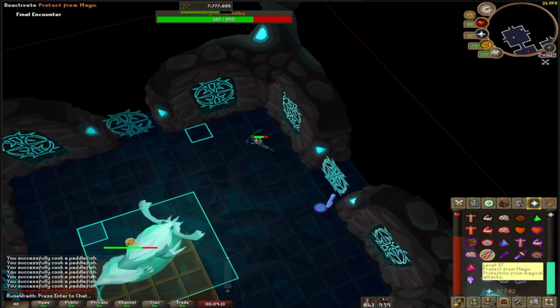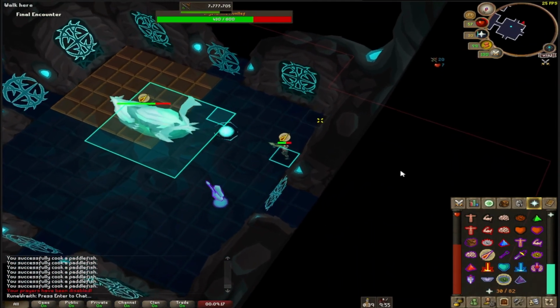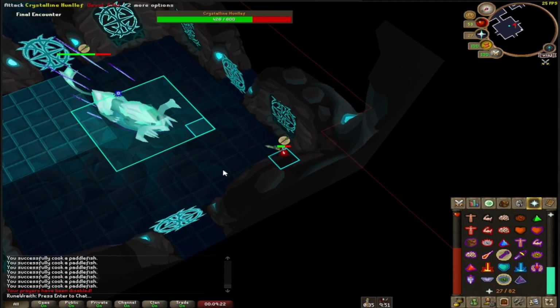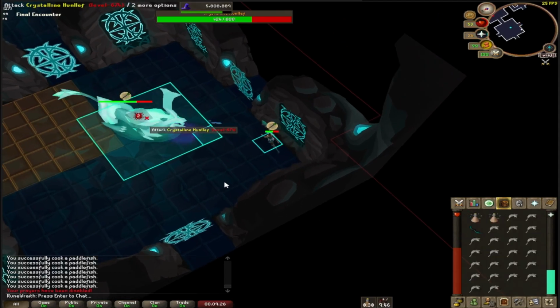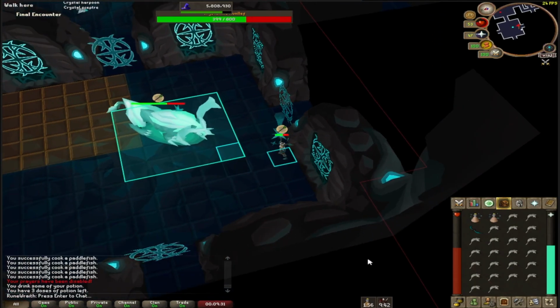So we summoned his first tornado, and the first thing I'm doing is moving around the room. You can see where my priorities are. The first one is making sure that I get my prayers back up after he disables them. The second one is avoiding that tornado and staying on the move. And then finally, if I have time in between that, then I can do some DPS and focus on attacking